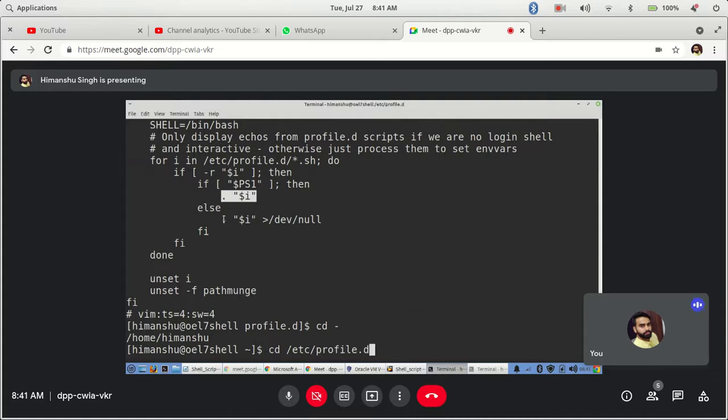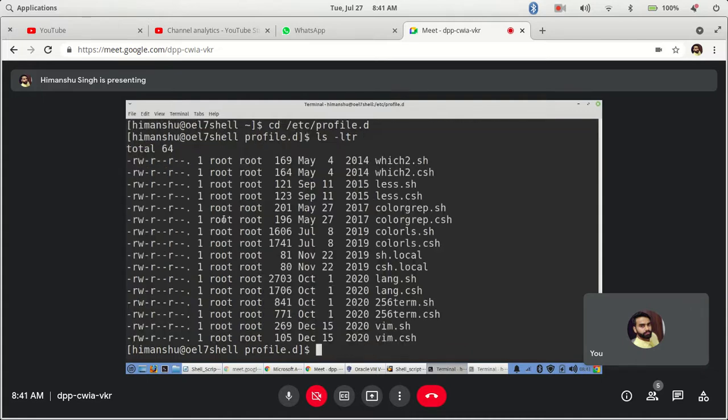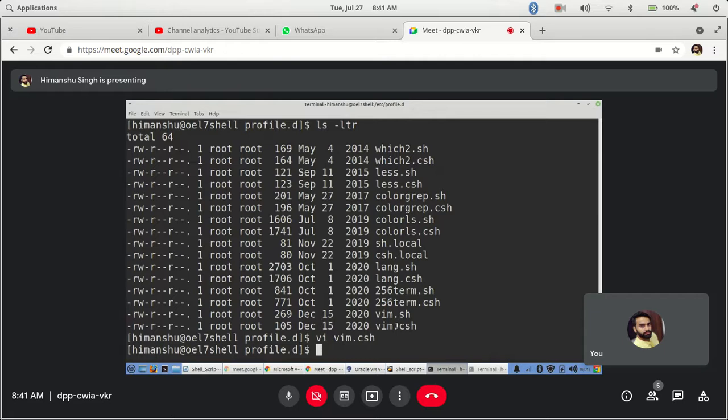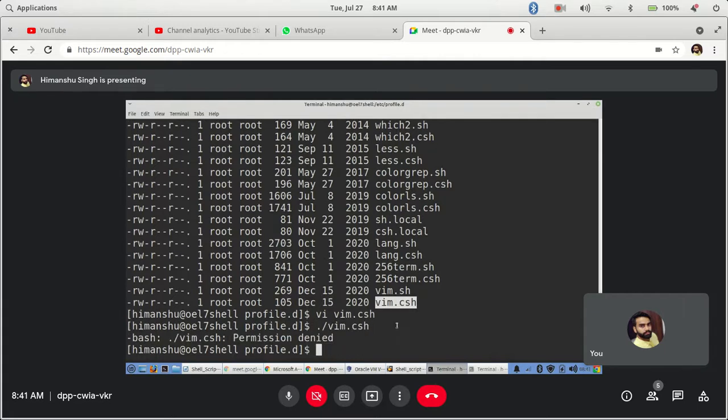profile.csh, right? This is normally the C compiler type scripts. Normally you will see a little different endif there. So it will only run in the csh shell, not in the bash shell. So it will not exactly run directly.